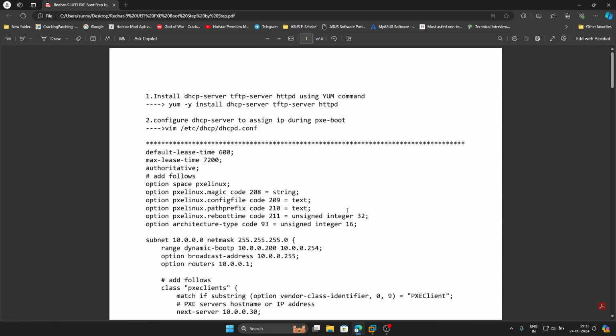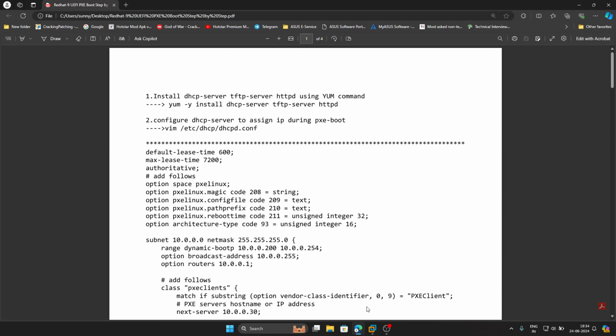पहली डीएचसीपी सर्विस, क्योंकि जब हमारा सिस्टम नेटवर्क के थ्रू बूट करेगा तो उसकी आईपी की रिक्वायरमेंट होगी जो हमारा डीएचसीपी फुलफिल करेगा। देन आपके सिस्टम पर ईएफआई फाइल डाउनलोड होगी जो बूट करेगी और आपकी आईसो इमेज को डाउनलोड करेगी। ईएफआई को बूट कराने के लिए आपको पीएचपी सर्वर चाहिए और आईसो इमेज डाउनलोड करने के लिए हमें एचटीटीपी सर्वर चाहिए।